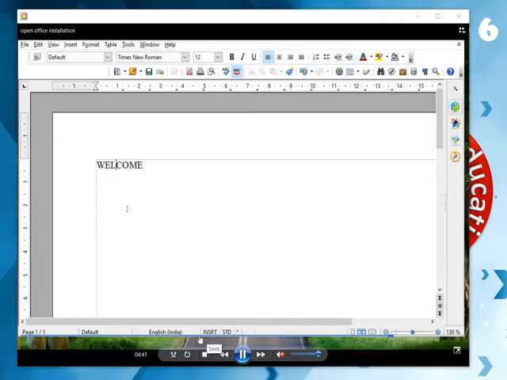Then the insert key. This is very important, whether the insert key is on or off. See, I am typing here and the word is inserted in between the L and C. If we change this, that means if you click, it will change to overwrite. That is type over. Now it will overwrite the word. It's very important. You must know this. It's a 2-mark, 3-mark question. Insert mode, type over mode. Here you can change between insert and type over.